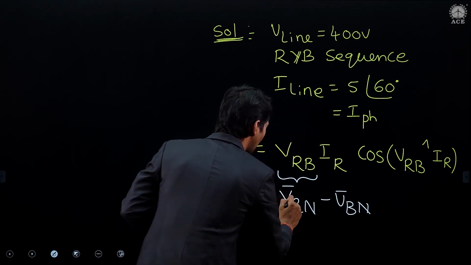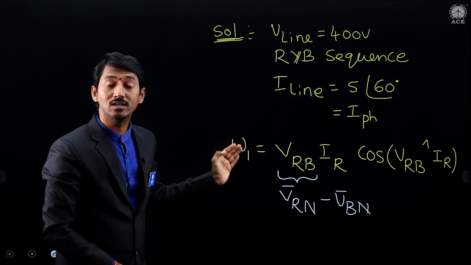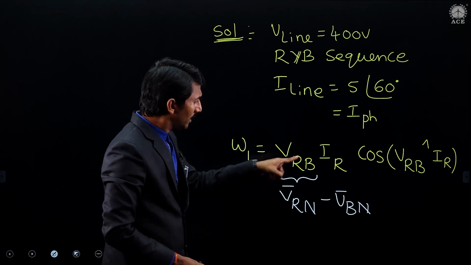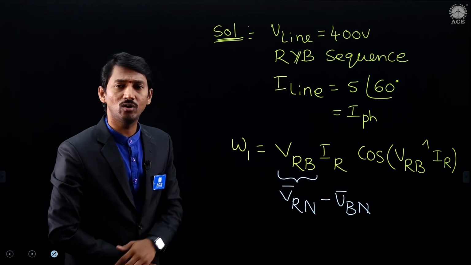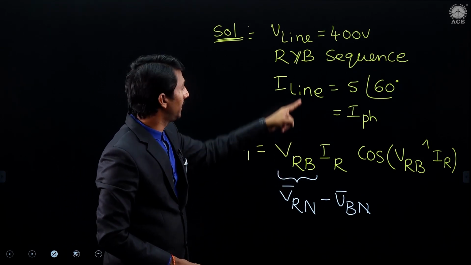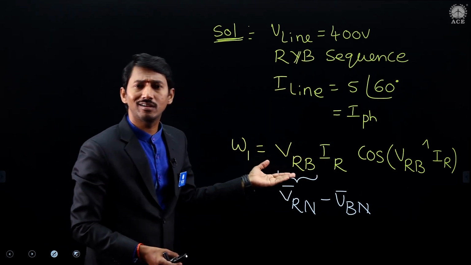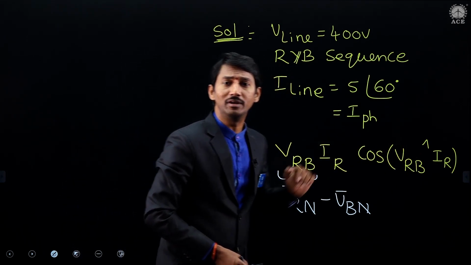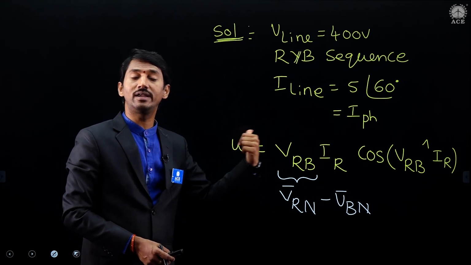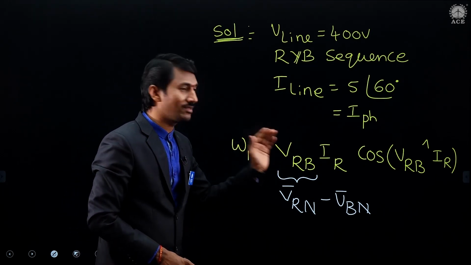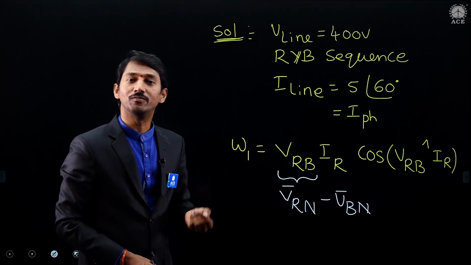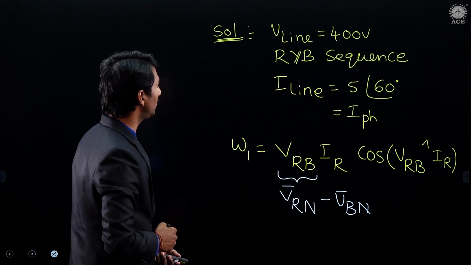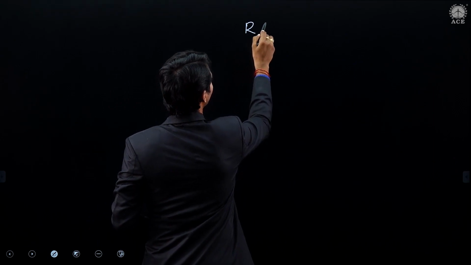From the basics of star connection, I am writing line voltage is the combination of which one? Two phase voltage vectors. Okay. Sir, why do we have to find that angle? VRB, line voltage is there. IR, line current or phase current, is there. Yes or no? Line current is there. But what else do we require? Angle between. So therefore, the angle between the corresponding voltage and the corresponding current we require. In order to get the angle, definitely we need to draw a phasor diagram, compulsory. Okay. Sir, what is the sequence? RYB sequence. Okay. Let us take RYB sequence.